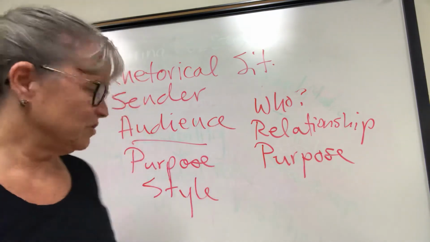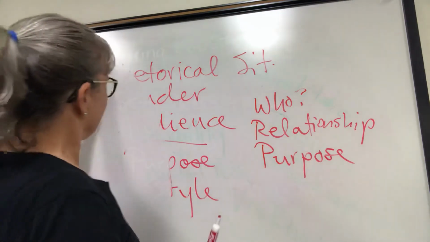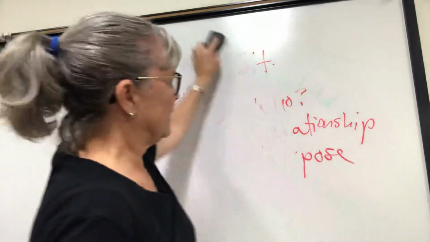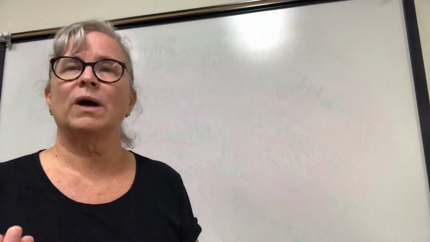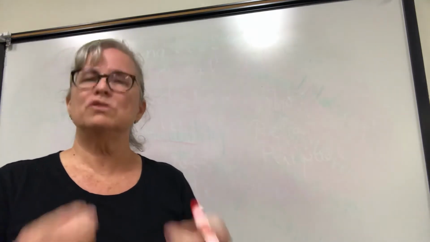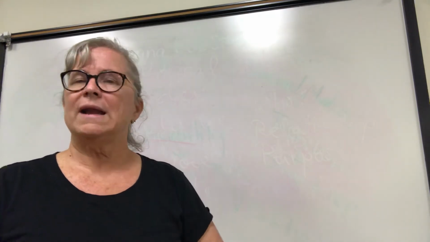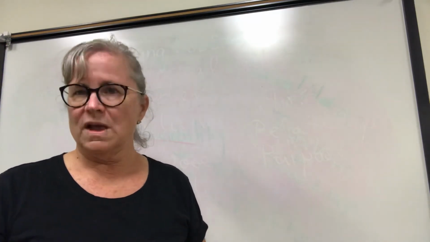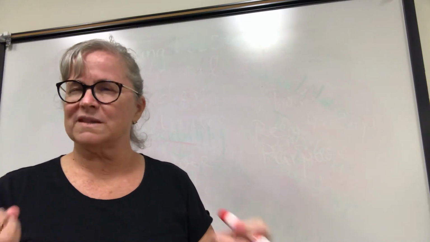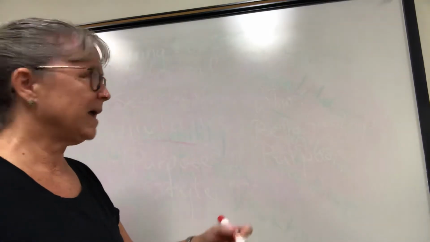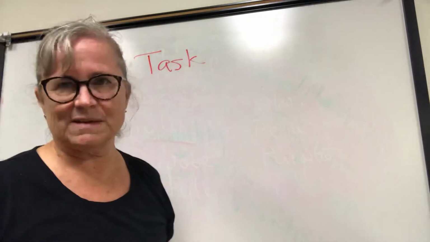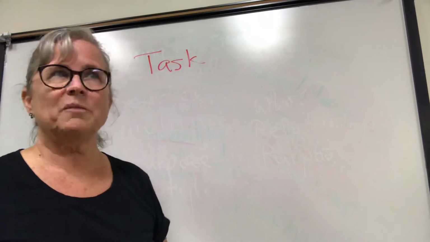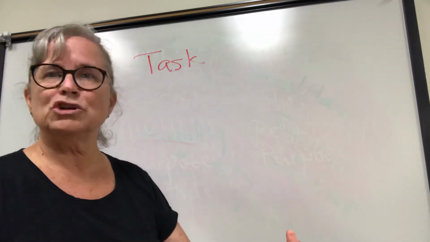The other thing I want to talk to you about, just very quickly, and I think you know this already, or you know some of it, is the writing process. One of the things we want to do in Comp 1 is to look at the way you use the writing process now and how well that has served you. So think about the steps in the writing process, right? You start by evaluating the task, whatever it might be, the assignment or the task. And you've got a piece of writing to do. So what are you going to do first?